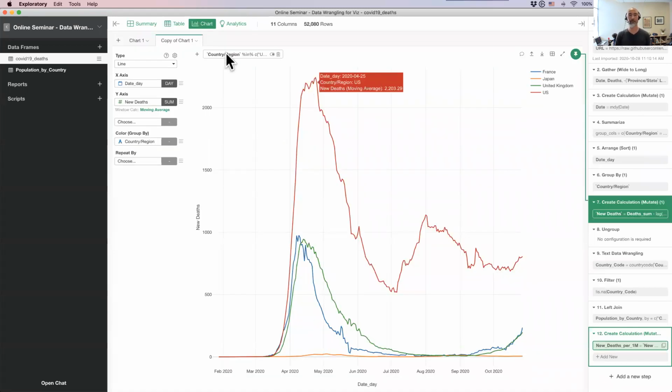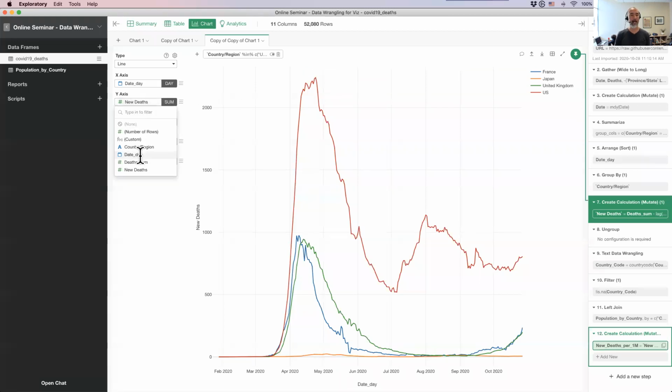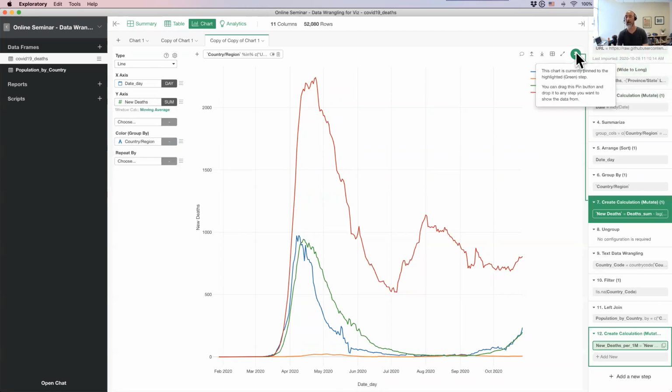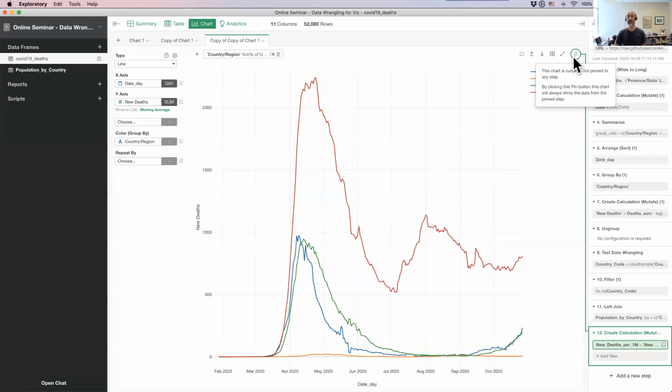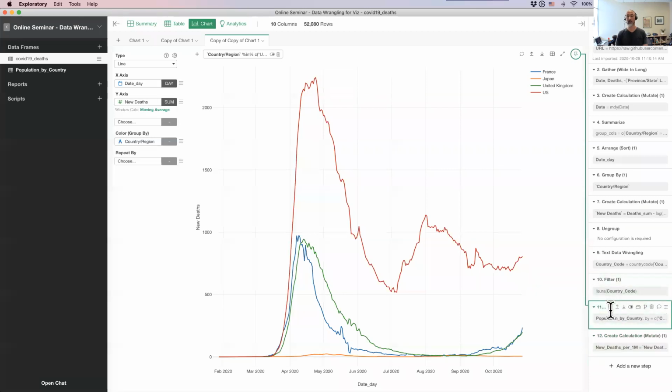And I'm going to just copy this chart, duplicate the exact same chart. Instead of a raw number of people who die, I want to show this based on the per population. So on the y-axis, instead of new deaths, I want to select... oh, again, I need to move this pin button. If you don't like to keep moving this pin button, you can actually click on this to unpin it. Then every time you move, the data for the chart can be coming from whatever